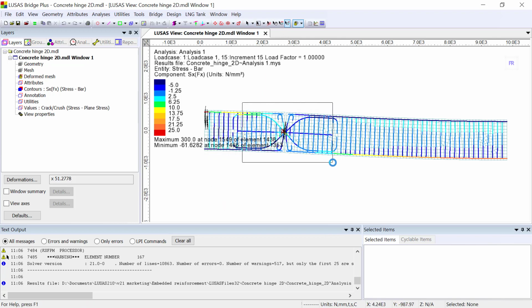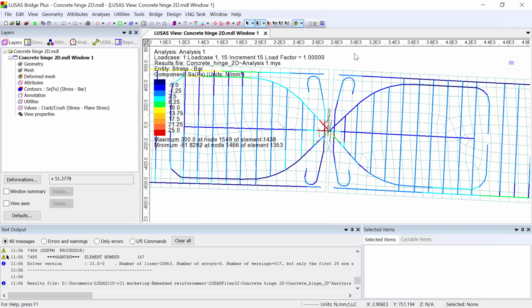If we zoom in on the hinge location, we can see cracking in one side of the hinge and the reinforcement yielding where the concrete is cracked. This demonstration has been with a 2D model, but the same principles apply within a 3D model too. If we switch to an example model,